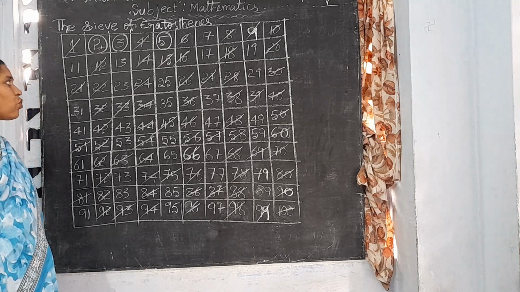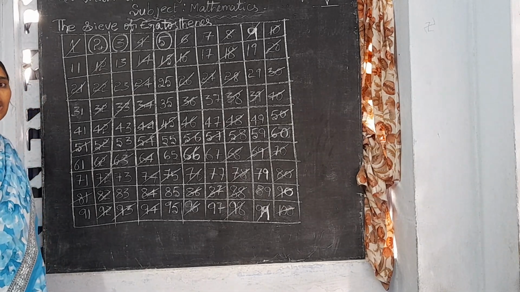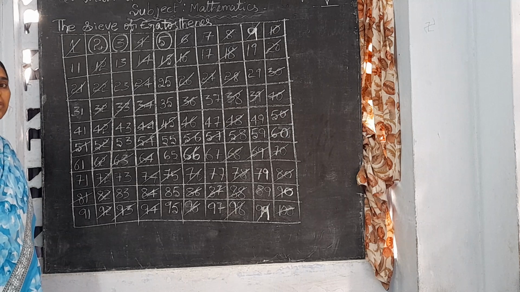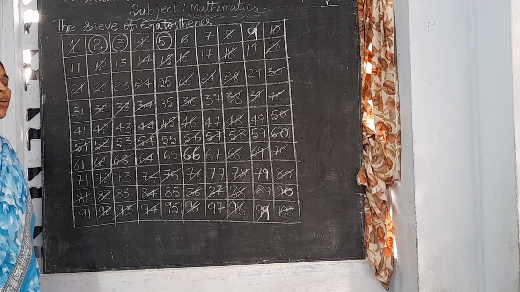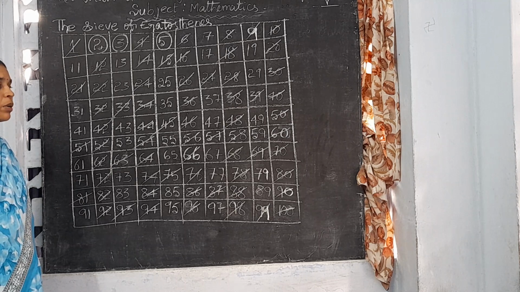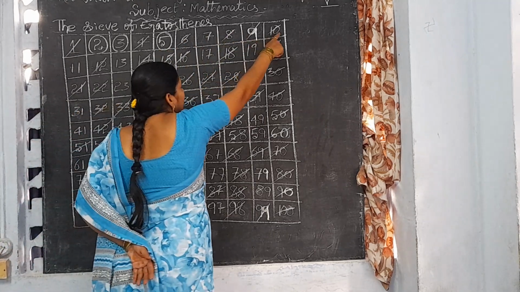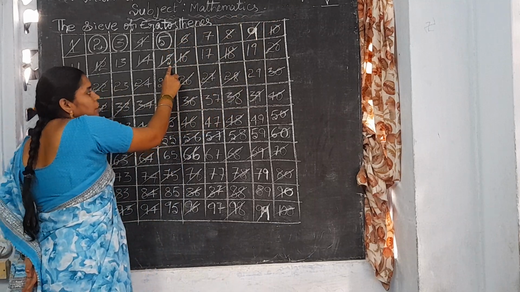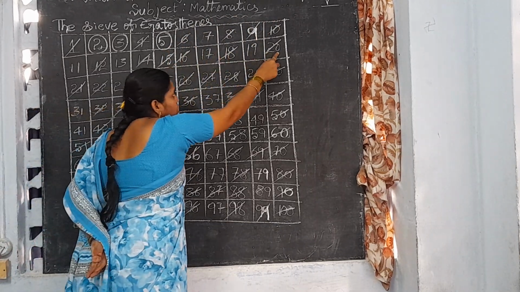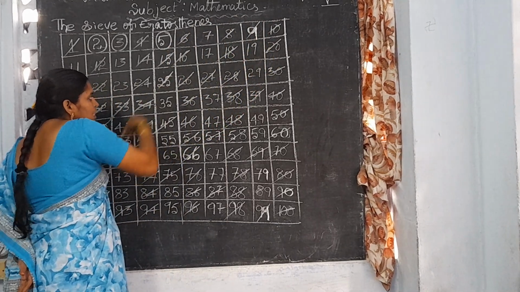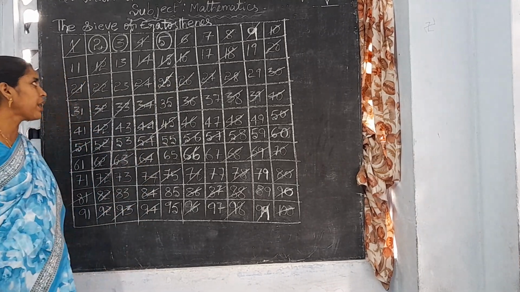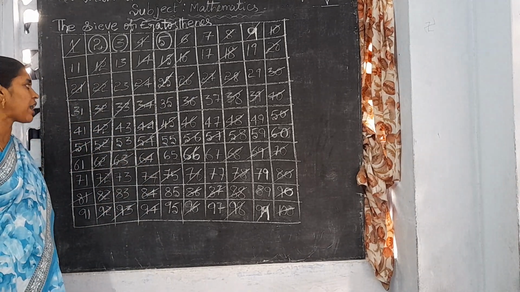Okay, you know what the divisibility condition of 5 is? The ones digit must be 0 or 5. Those numbers are all divisible by 5. So here 5 2s are 10, cancel. 5 already struck, 20, 25. This is struck off. Why? Because for these numbers 5 is a factor.